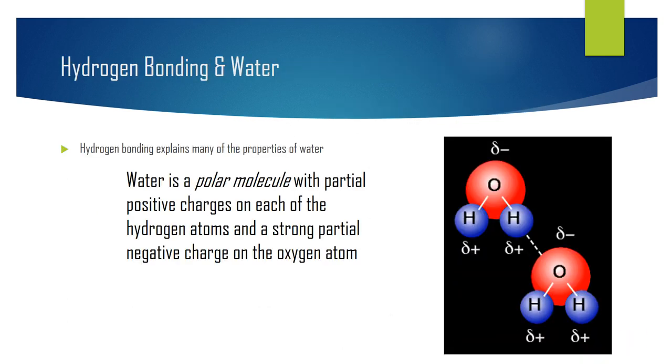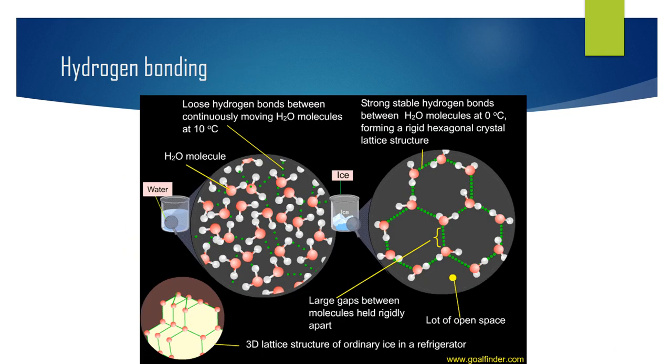Okay, hydrogen bonding is the reason why water is so special. Water is a very polar molecule, okay, with partial positive and partial negative charges. And when we take heat out of it and reduce its kinetic energy, it starts to form these hydrogen bond networks, which produce these large hexagonal spaces, which decrease its density. So as it becomes a solid, its density decreases, which actually explains why ice will float on top of water. It's one of the few substances in the world, or the only one, where its solid is actually less dense